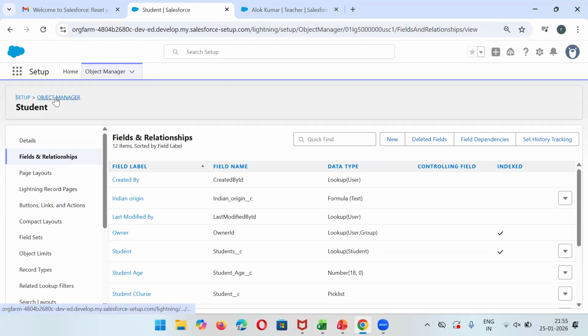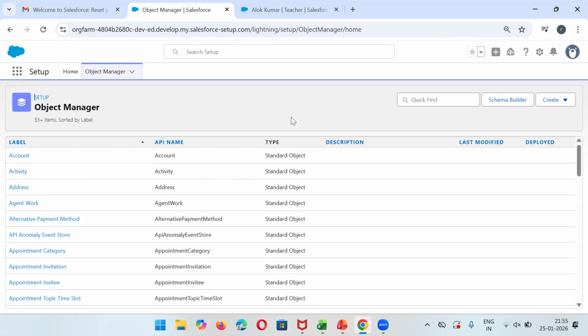So in the meanwhile, let's create one more object so that I can show you another example, which is of master detail relationship, wherein if you delete the parent record, the child data will automatically get deleted, wherein two tables are tightly coupled. Like the parent, a child inherits the features from the parent. That is called a master detail relationship. For example, if a student leaves any college, all the information related to his leaves should also be deleted, right? Because if a student is not there, there is no meaning of keeping track of their leaves,